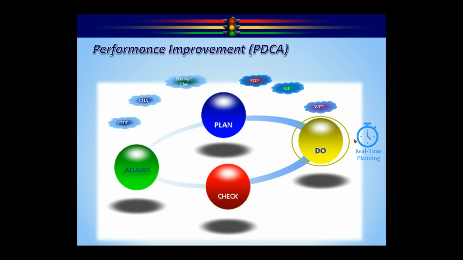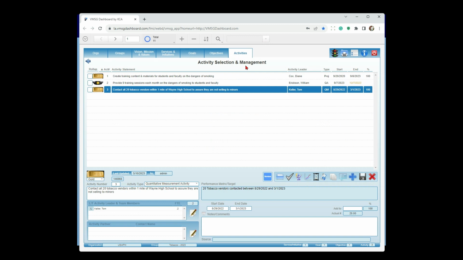So what you want to do is, again, have those people doing your activity and objective updates in there. So we're going to go ahead and keep this information up to date. By having that up-to-date information, it makes the check phase very easy. The check phase basically is going to be pushing a button. So I'm going to go back up to here and go to